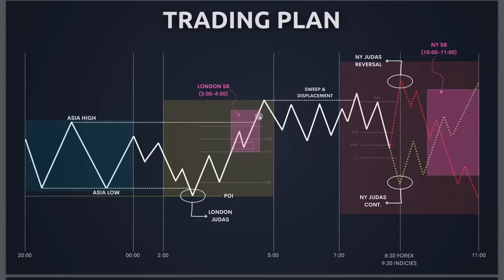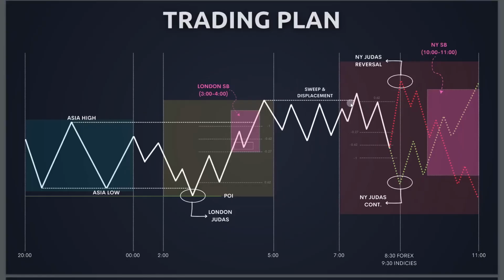Now, the London kill zone is done right here. After 5 a.m., no more trading. If you have a trade, you can hold it, but do not trade after 5 a.m. I mean, you can, but the high probability setups start at 7. So in this time, from 5 to 7, you don't really need to trade. You can wait for some price action to develop, some more liquidity to be taken in the New York kill